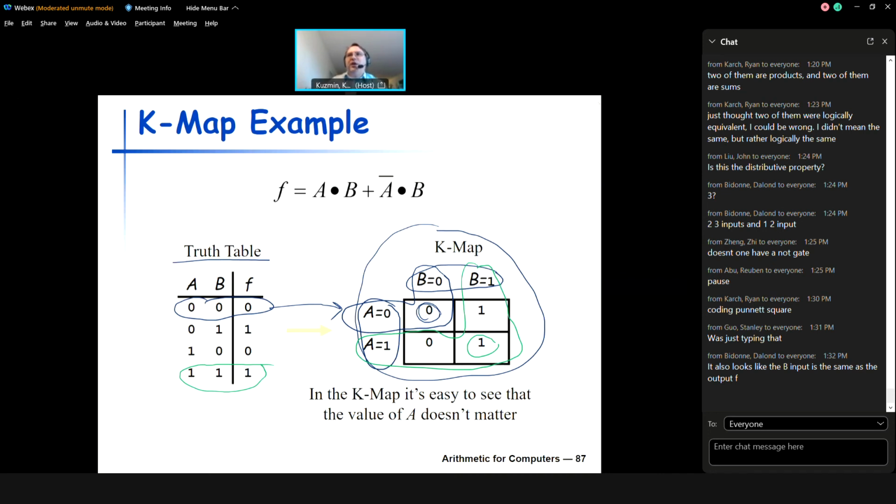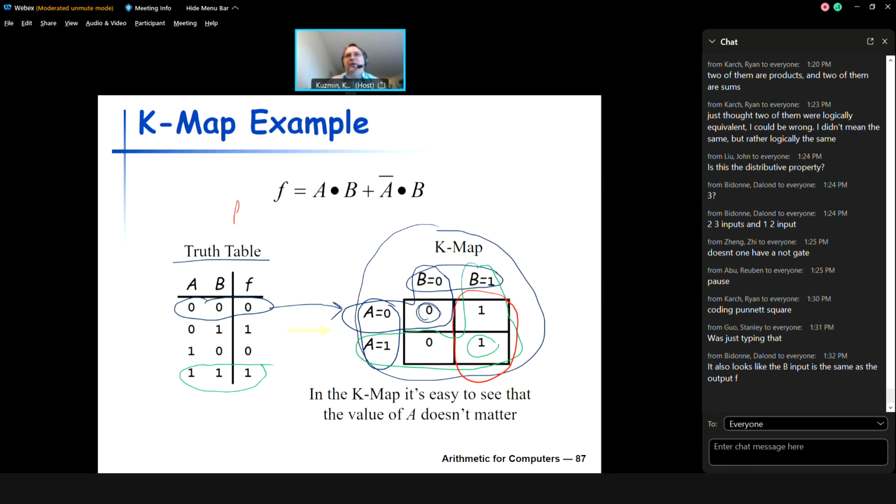All right, so someone is already making very correct observations. So let's do it on this slide. It's going to be on the next slide anyways, but let's do this. Now let's look at this piece here. It says that for B of 1, this entire column, the value of the function is 1. And it is so for A of 0 and A of 1. In other words, the value of the function is 1 if B is 1, regardless of the value of A, because for both rows that correspond to different values of A, we have 1 and 1. We have the same value for the function. So that means that